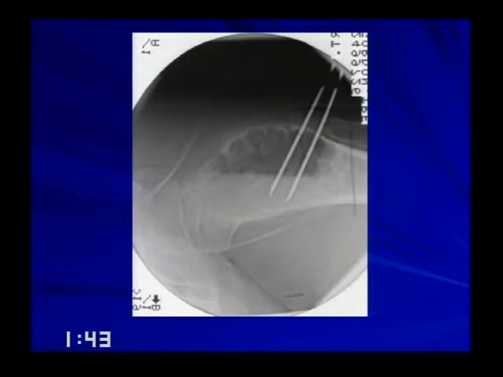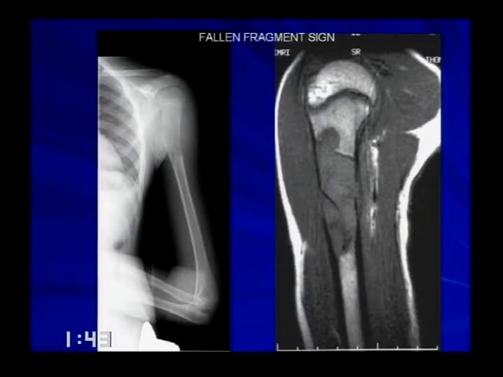And here's a patient that has one here. This patient was taken to the OR. They put steroids in here. Here you can see there's an air fluid level as they were aspirating this fluid out. Here's one in the calcaneus, very common location. Here's our guy with the fallen fragment sign. You can see it on MR.